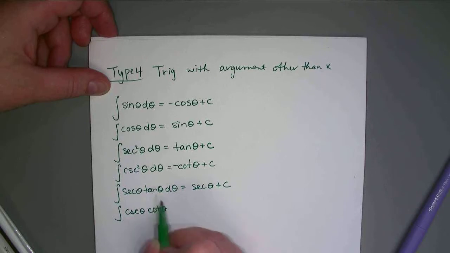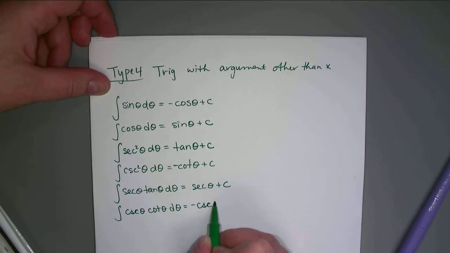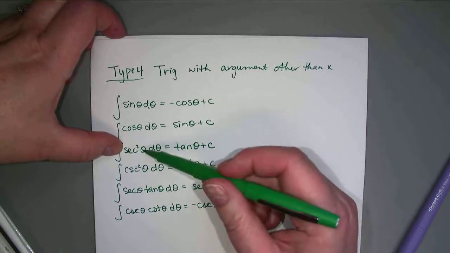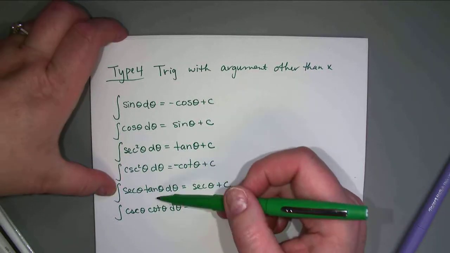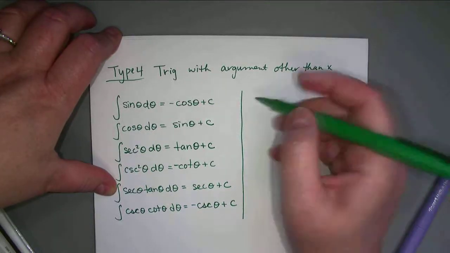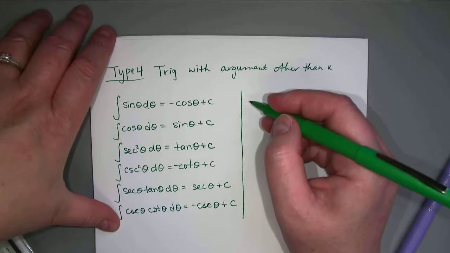I'm just writing these pairs beside each other because they are easier to remember in pairs like that. The sine and the cos, the secant squared and the cosecant squared, the secant tan and the cosecant cotan. And then the other memorized ones that aren't ones that we had from derivatives